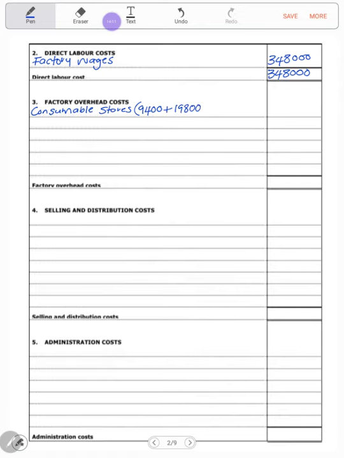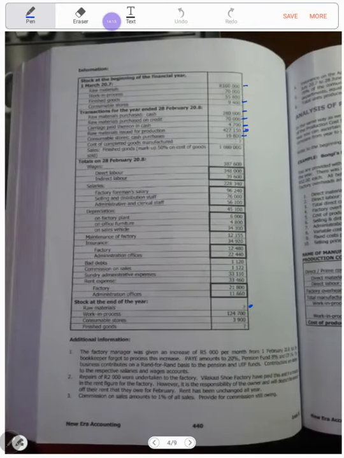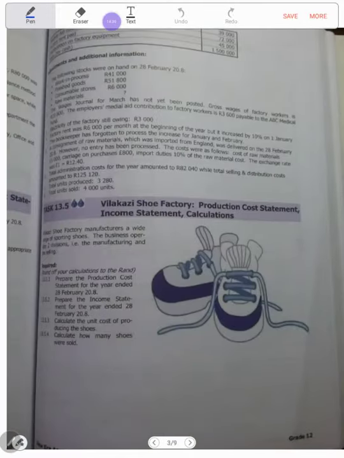19,800. Did you have a closing balance for your consumable stores? Yes, we did. We have to subtract that because it becomes an asset, and we are only interested in the actual expense that we incurred as a factory. So I'm subtracting consumable stores on hand that we never used. Minus